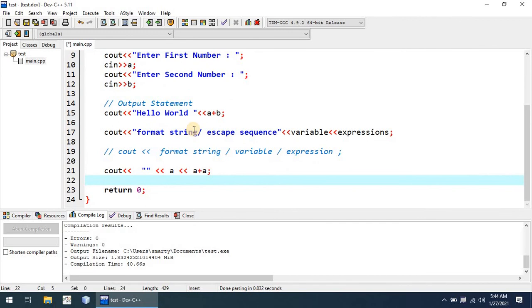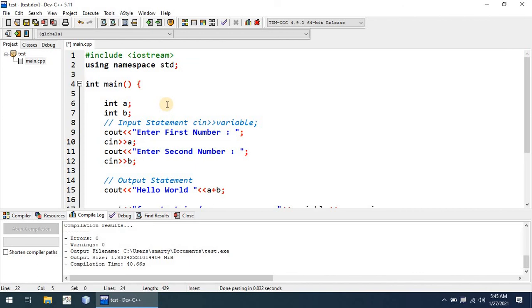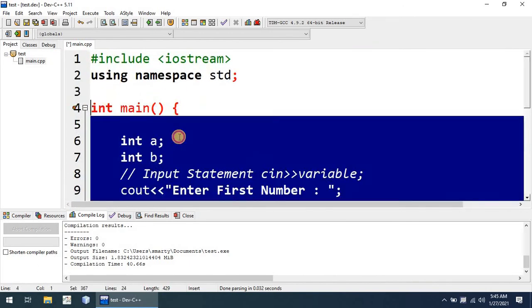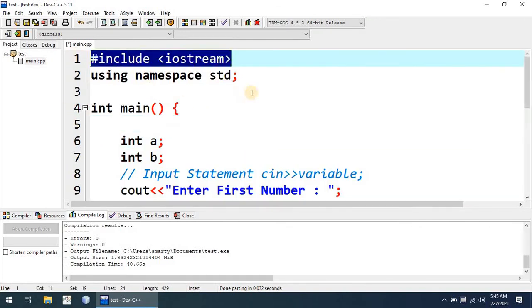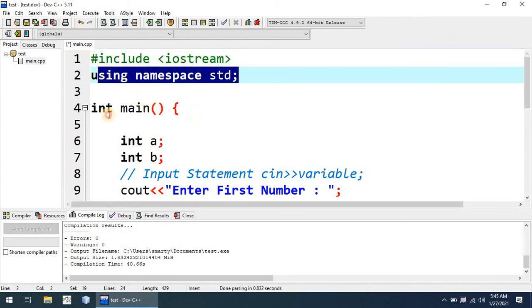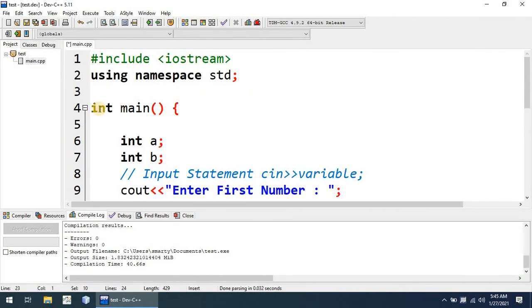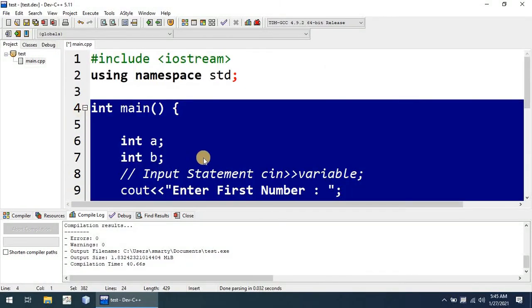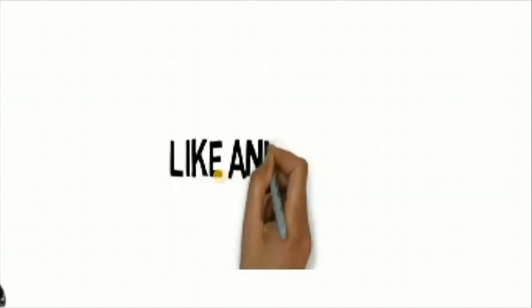Okay, this session is successfully completed. We discussed the basic program structure, the basic fundamental parts of a C++ program, the semantics of these parts: preprocessor directives, namespace, main function. The return statement is mandatory for each and every C++ program, parameters are optional, and the body of the C++ main function will include the statements that will execute. Thank you.